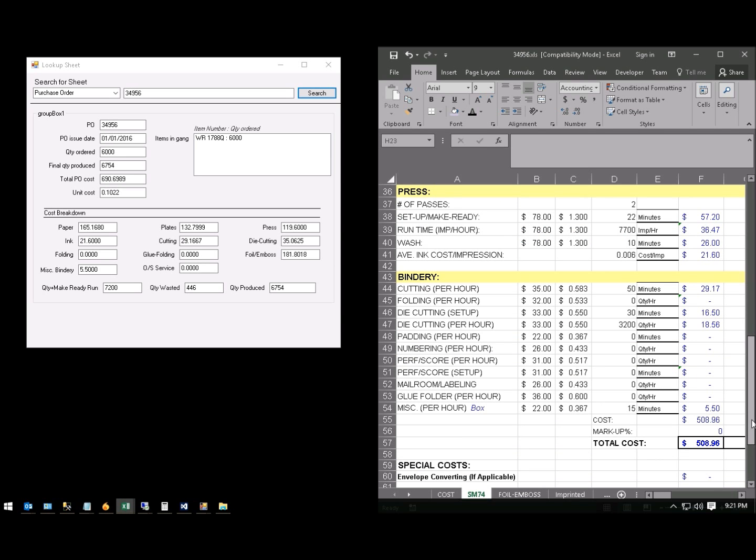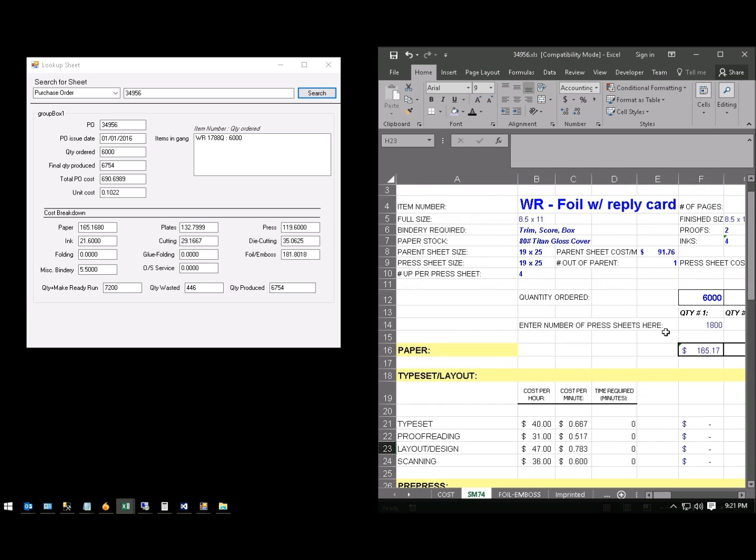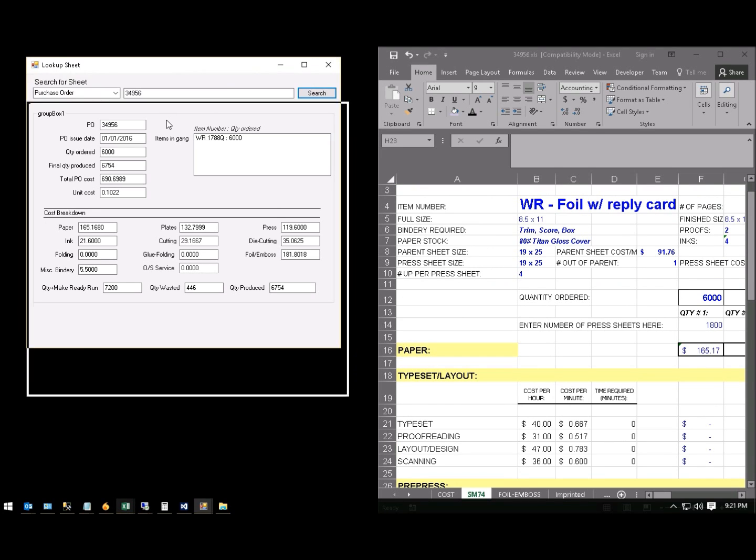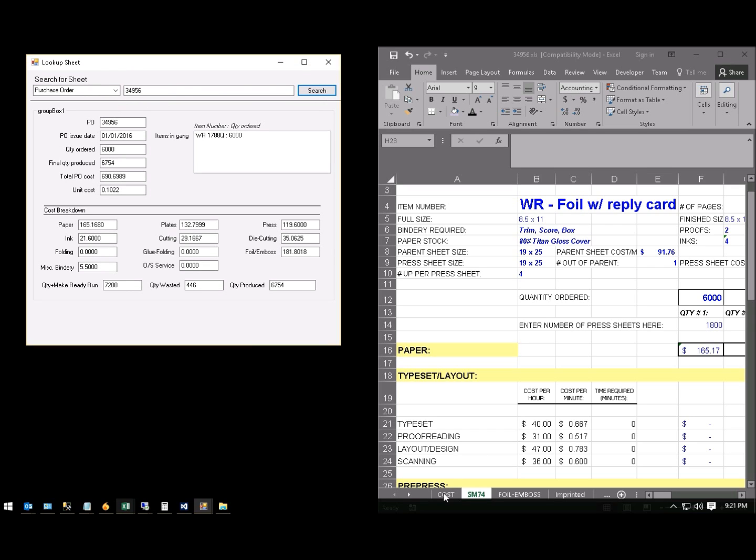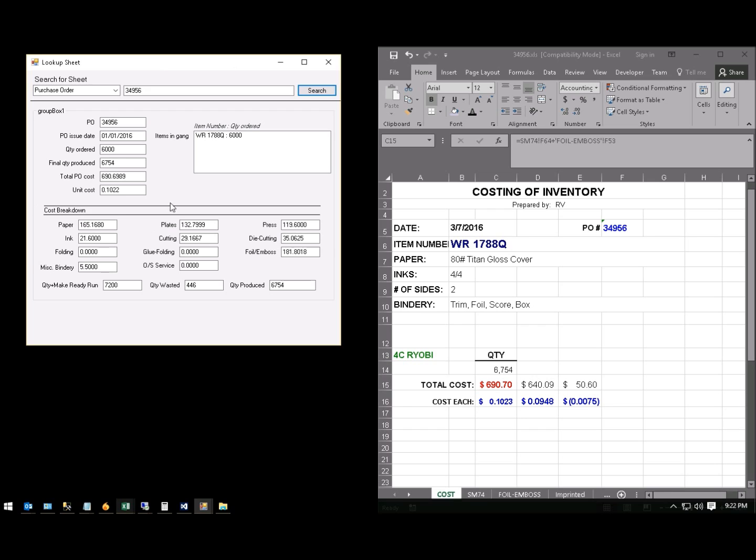And so what we're going to do is compare the values in her costing sheet with the values in the cost tracking utility that I've made. So in the cost tracking utility, when we look up the sheet, we'll see that we have the PO number,